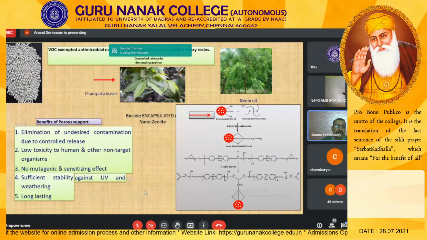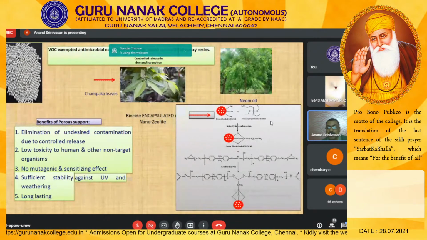So the purpose of zeolite is to retain the biocides within the pores. And you can see the pores, the zeolite structure, the surface of the zeolite is modified. That is due to chemical reaction only. So the zeolite has got a free OH group. When it is made to interact with your coupling agent, you can get different functionally terminated zeolites, in the pores of which you can load the biocidal material. So that is what we did.